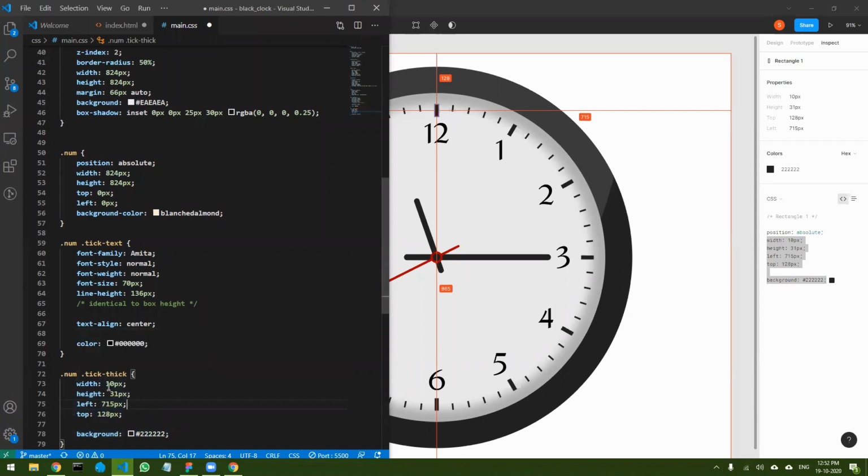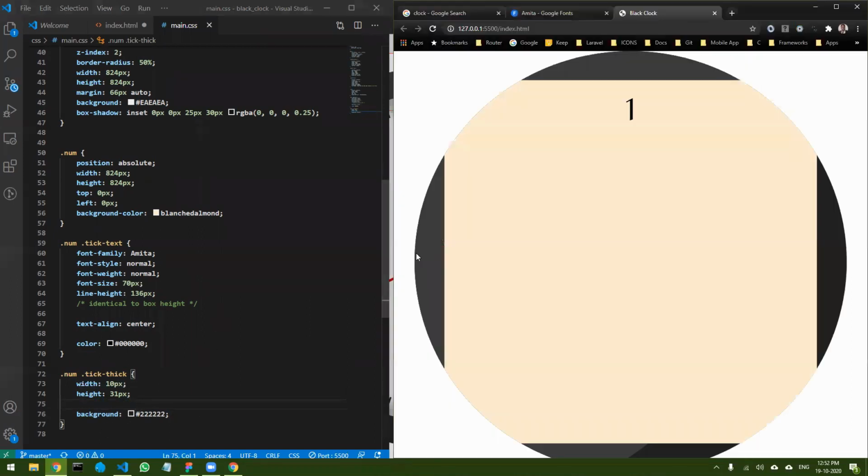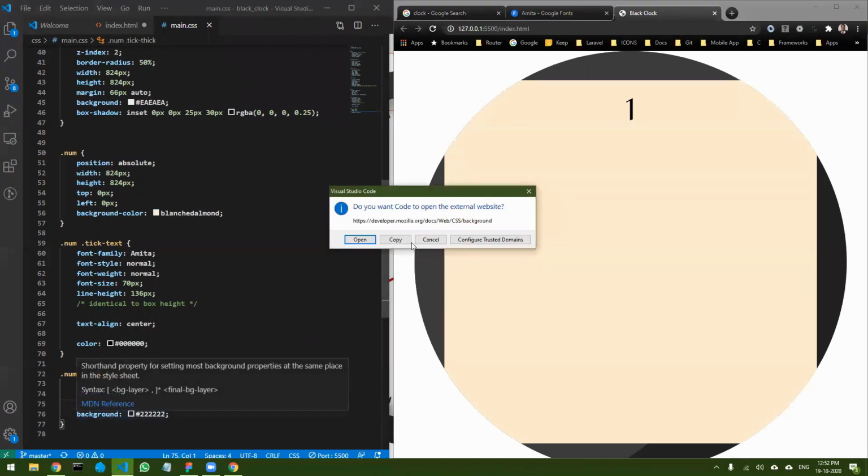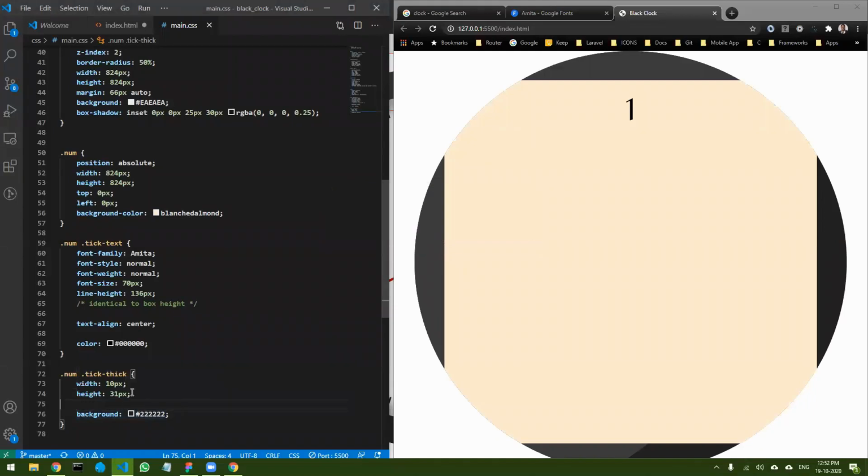So let's have a look at it. The width is 10 pixels, the height is 31 pixels, and left and top, we don't need. Let's save it and see what we get. Now obviously it is not visible because it is somewhere around here. So we have to bring it to the center, then only it will be visible. To bring it to the center, I can do margin, let's say 5 pixels from the top and bottom, and auto. That should bring it to the center, provided